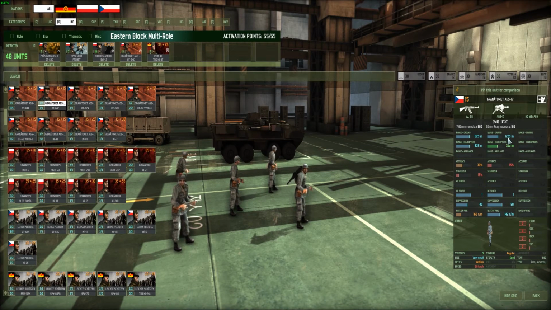So these guys can engage infantry at further ranges, but they can also stun infantry very quickly, even the most elite troops like special forces. These guys are great at killing special forces because